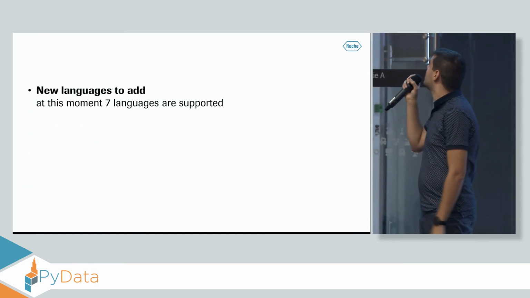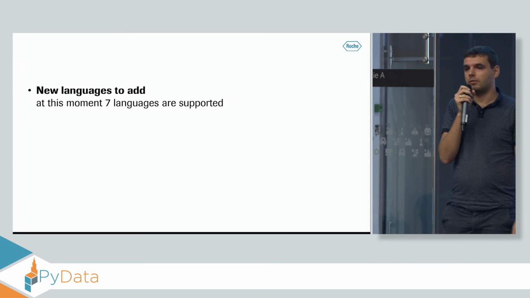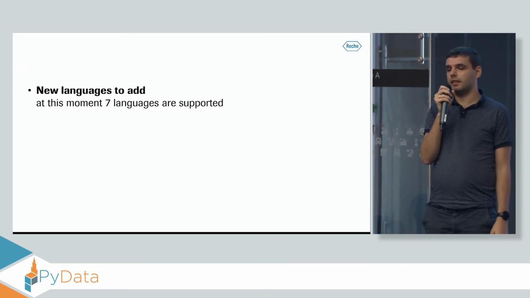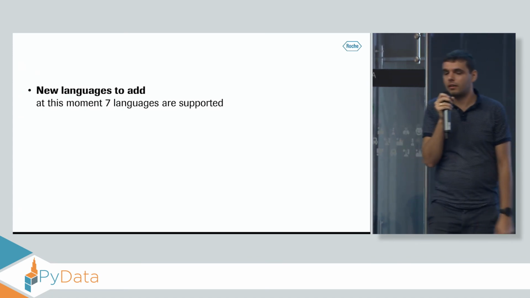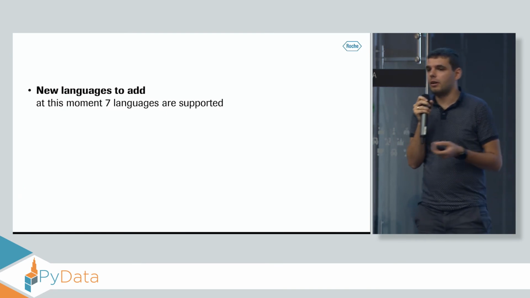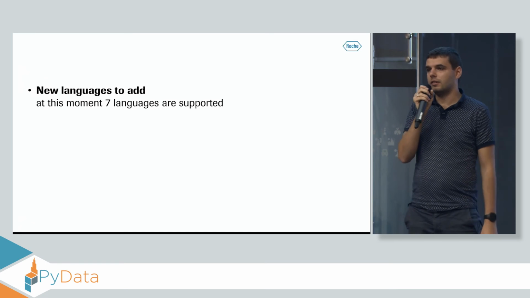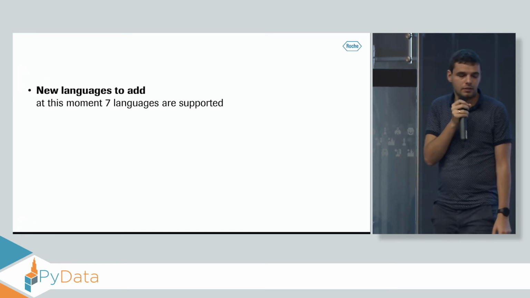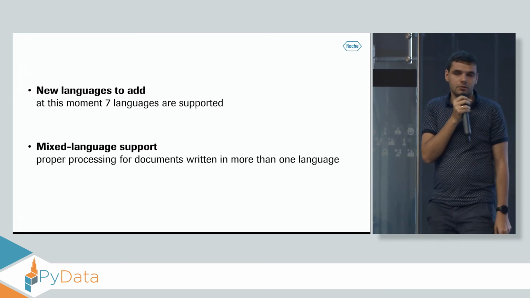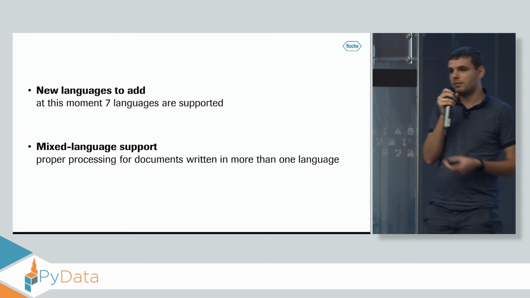Our future plans: we would like to support some East Asian languages. Chinese is the next one. For now, we support 7 languages, but each of them is a European language. And the other step in the future we would like to do is to support mixed language documents